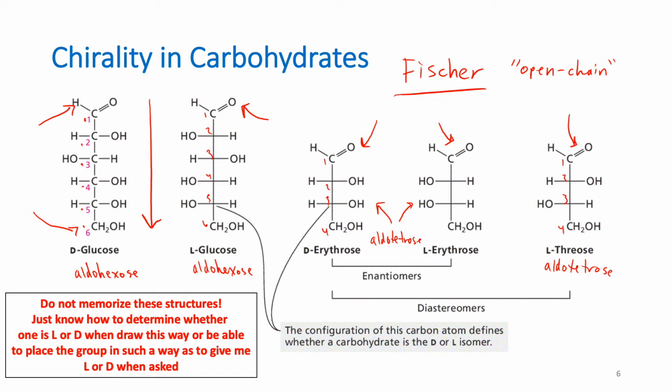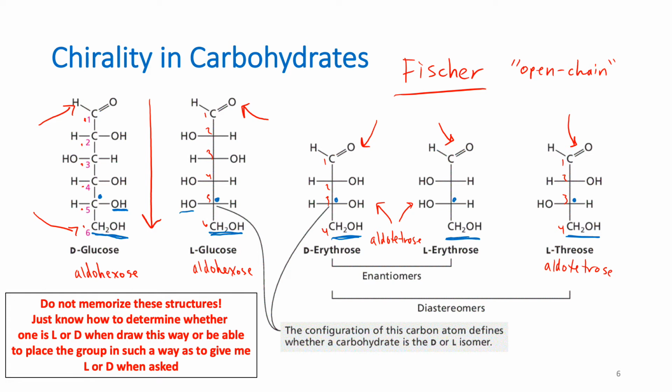How do you designate L or D in carbohydrates? What you're going to do is first find the bottom of your Fischer projection, and it always ends with CH2OH. Then you're going to go to the carbon just above it. I'm going to indicate it with blue dots now. The carbon just above it. Now there's a nice little mnemonic device to help you remember this. If the OH on that carbon is on the left, it's going to be L.